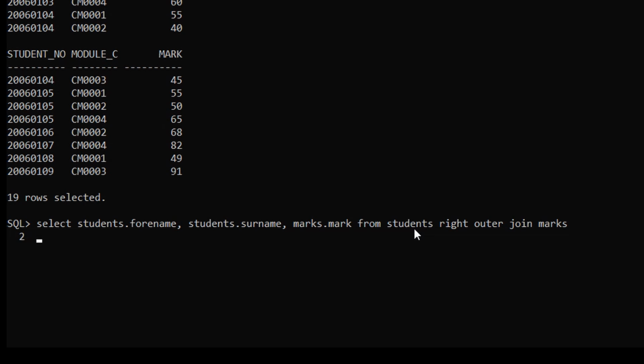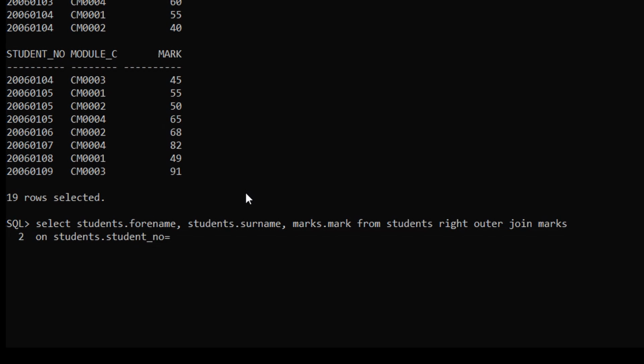And we have to give our condition, so just type on, and we are joining these two tables on the basis of the student number column, so just type students dot student number equals marks dot student number, because the student number column is common in both the tables.